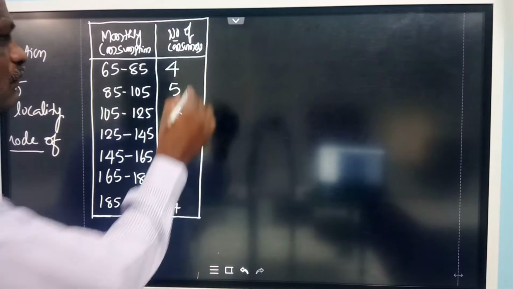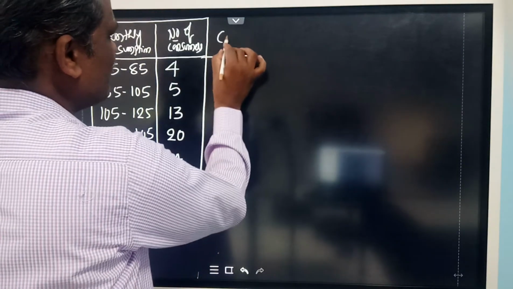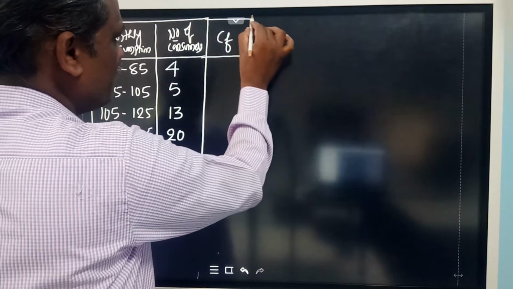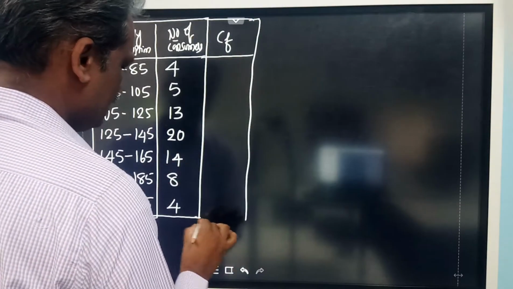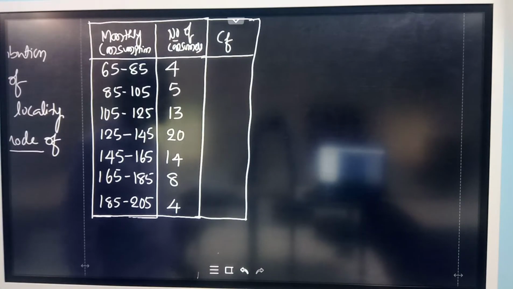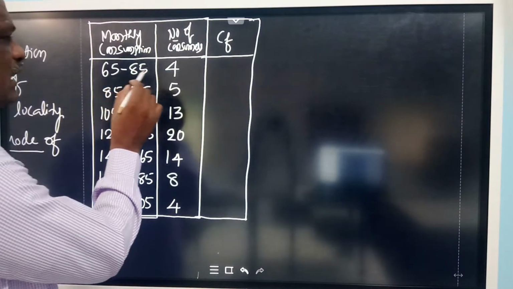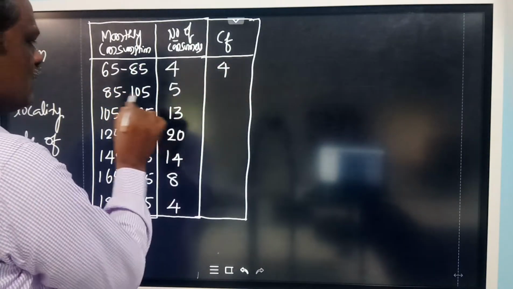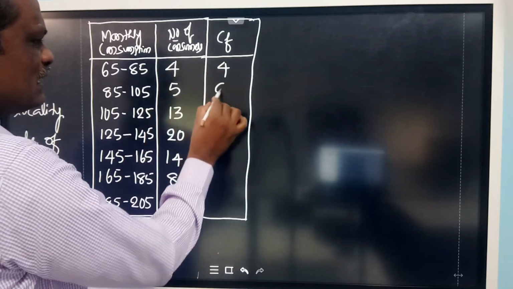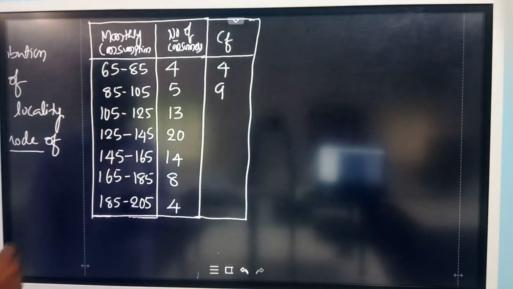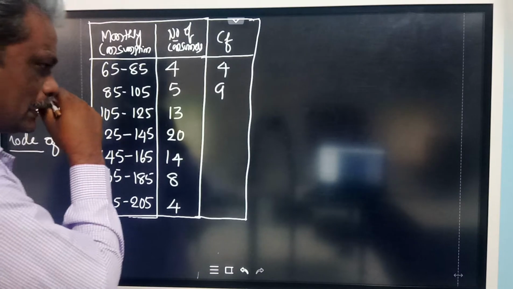For the median, we need cumulative frequency. So let us calculate the cumulative frequency here, the less than type. Less than 85, it is 4 only. Less than 105, 4 plus 5, it is 9. Less than 125, 13 plus 9,